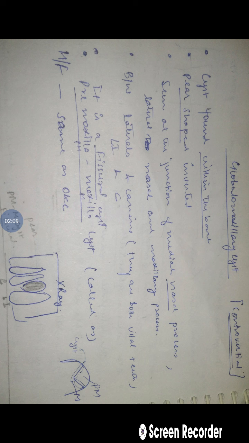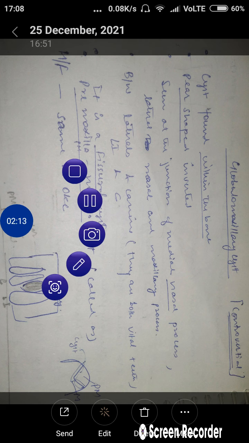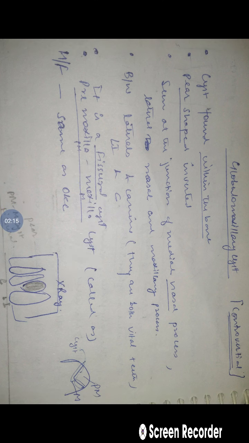It is seen in the junction of medial nasal process. Okay, so this cyst is basically a pear-shaped cyst which is inverted, and it is seen in